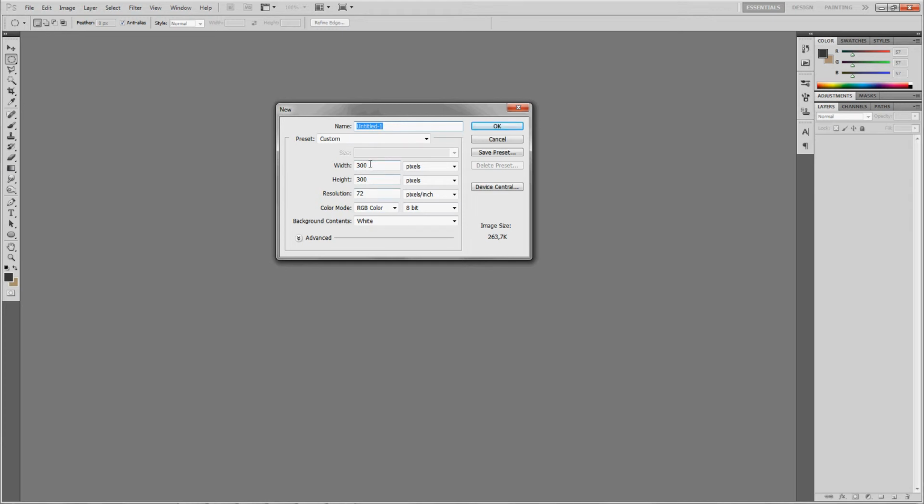So we'll start off by making it 300 by 300. The reason I don't make it 164 pixels by 164 pixels down here is because I want it to be bigger so I can get more details in. So yeah,